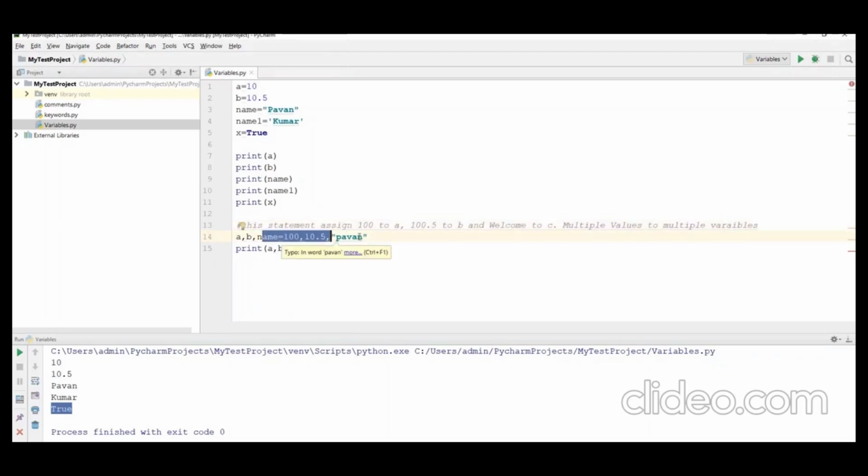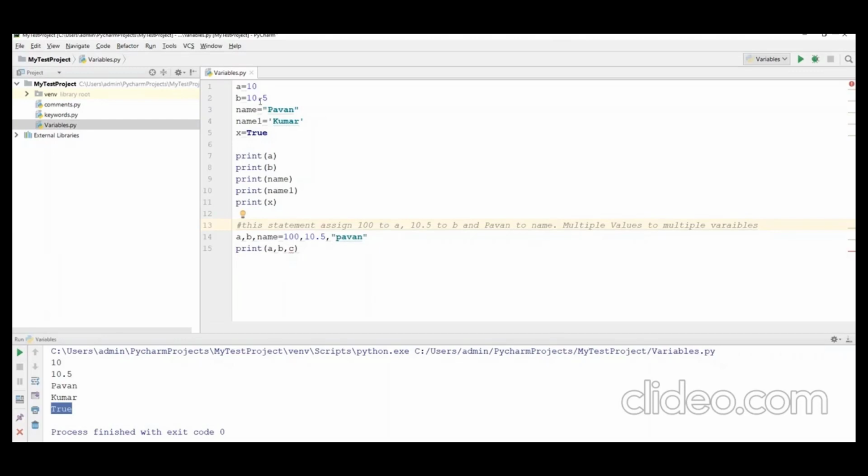This statement assigns 100 to A, and 10.5 to B, and Pawan. Here I have given Pawan, which is a string, and this will be assigned to the name variable, right? And here we have assigned multiple values to multiple variables.